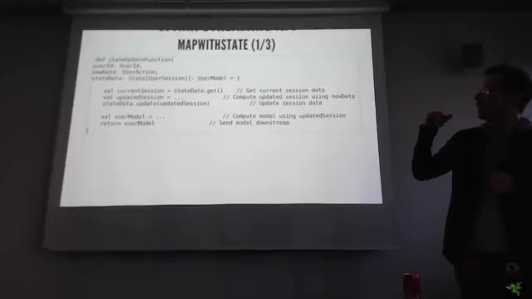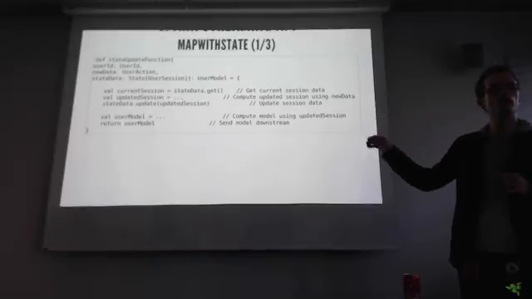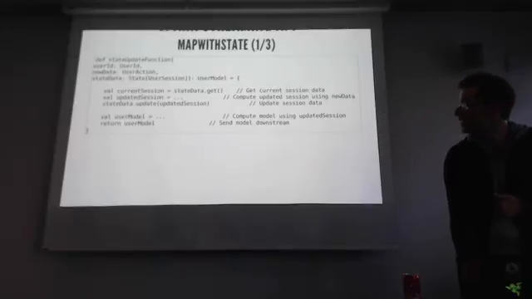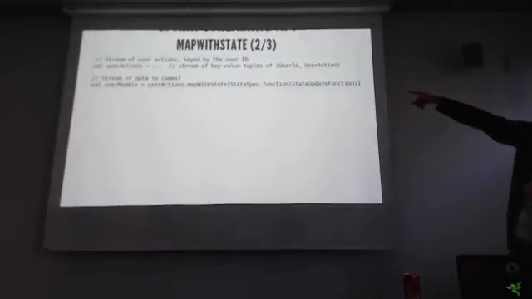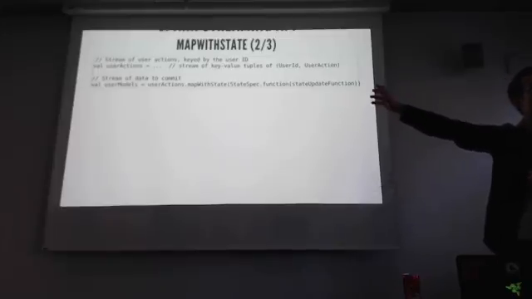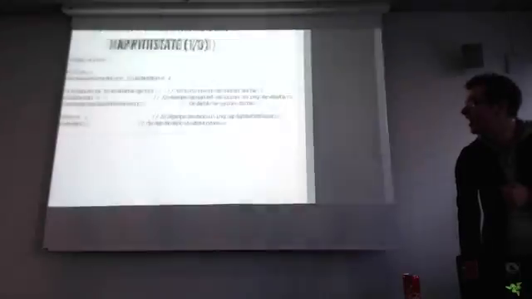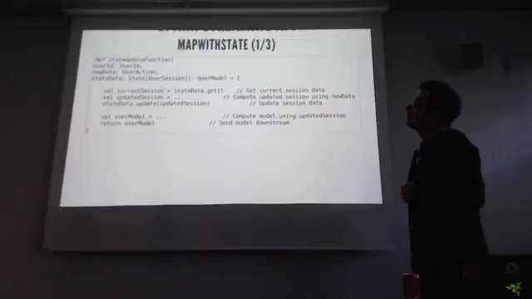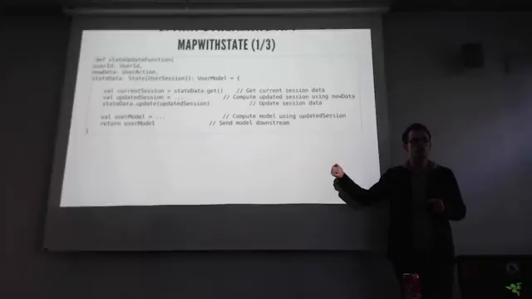Map with state is an API that requires you to define all those complex things, which are the state, and then do a call which passes the state spec that we've seen on the previous slide to map with state on a DStream. And then you get, let's see what you get. This is what you do if you have no sense of batch that helps you determine what a user session